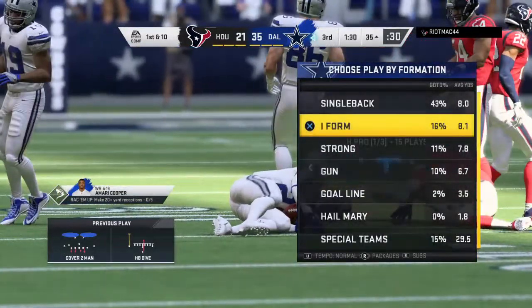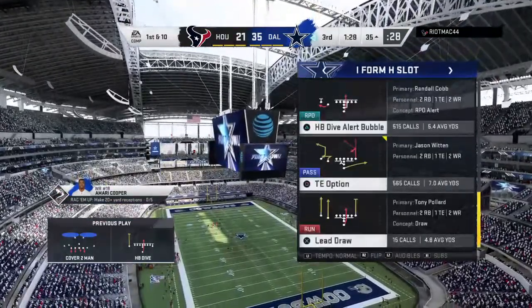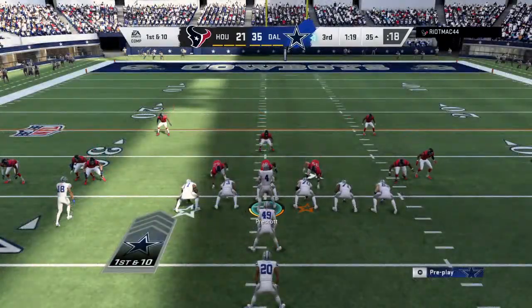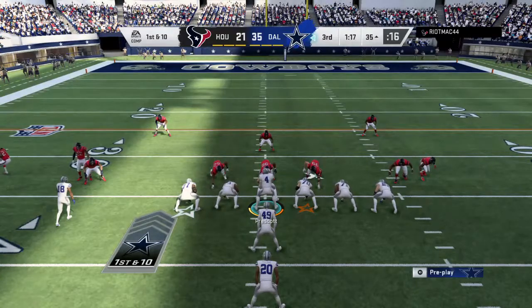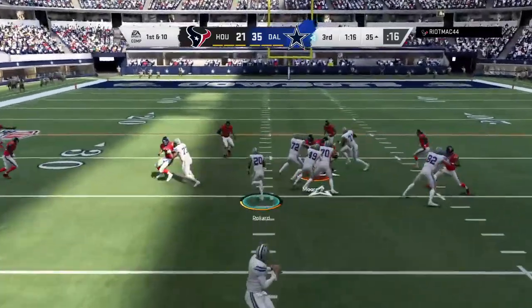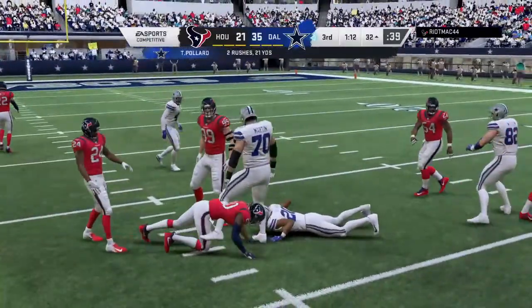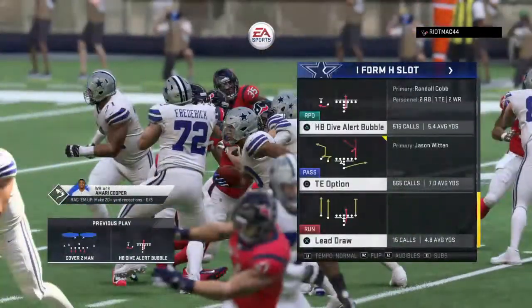It becomes contagious, doesn't it? It absolutely does, because oftentimes it translates to your defense as well, because they're excited about getting the ball back for their offense that's playing so well. Well, they are clicking right now. They'll go with Pollard here on first down. Give him 3 on first down. It'll set up...